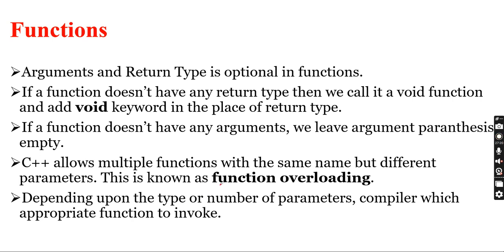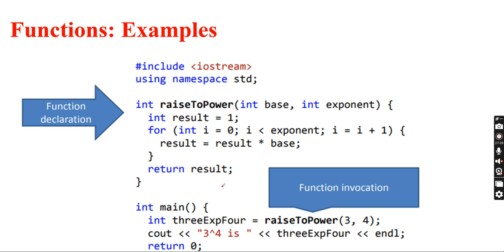C++ allows multiple functions to have the same name but different parameters. This is known as function overloading. So for example,